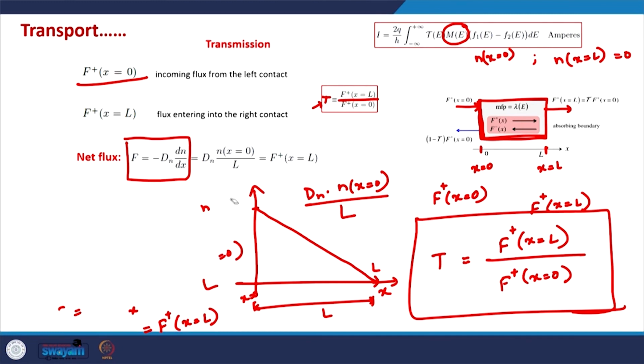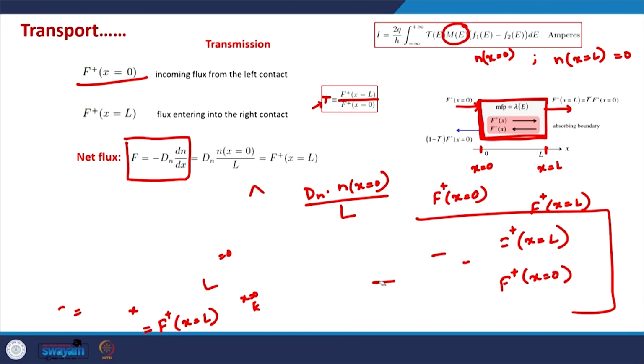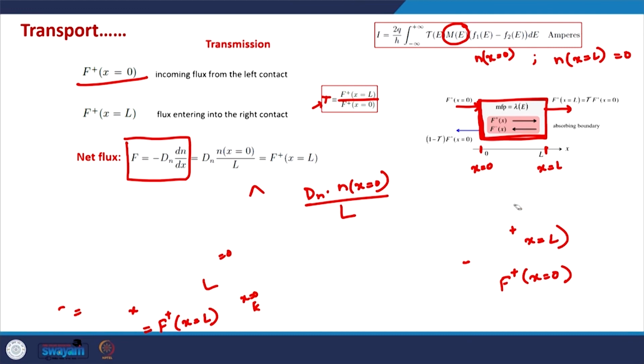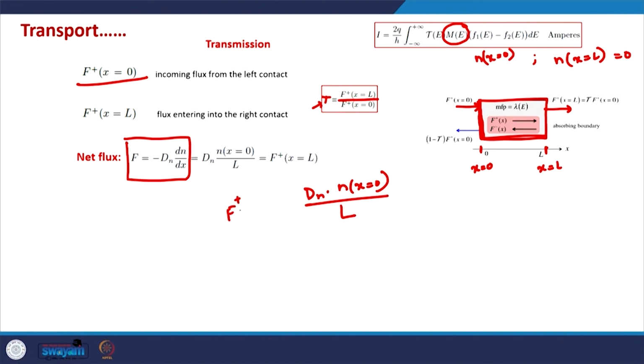What is F+ at x equal to 0? F+ at x equal to 0 will depend on the velocity of the charge carriers as well. This quantity is F+ at x equal to L. F+ at x equal to 0 will be the number of excess charge carriers on the left contact times the velocity at which they are traveling. This velocity is an interesting parameter here. It is also known as the unidirectional thermal velocity,